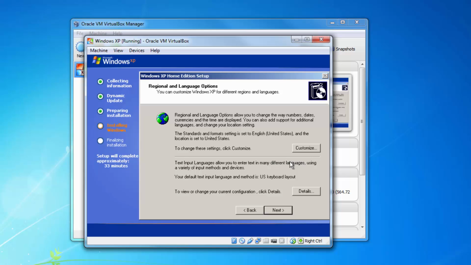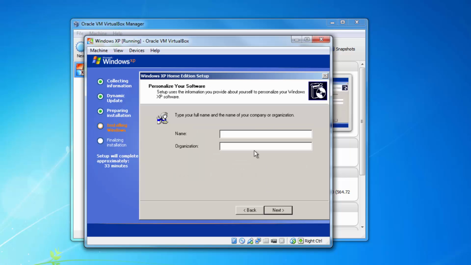Okay, so once we get to the regional language options, we can just press here, we can press next. And then for the name, go ahead and put in your user ID name, organization, the class name,